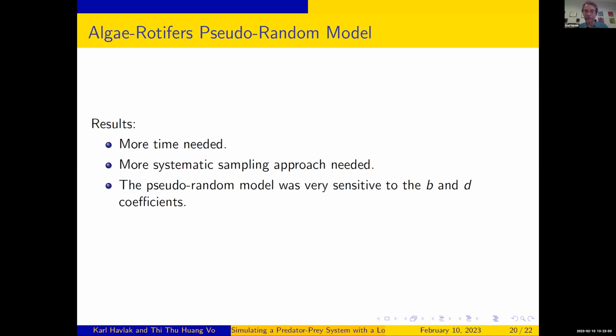The numbers were very small to begin with, and so we had to pick intervals for B and D that were not very big intervals. We were almost picking the B and the D value in our model. So we sort of ran out of time. I don't have a final result to say, here are the coefficients that you want to use. It was more about the trial and error to see where we got and give the student an idea